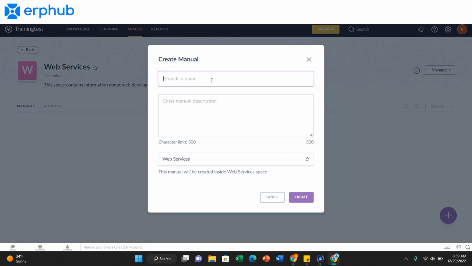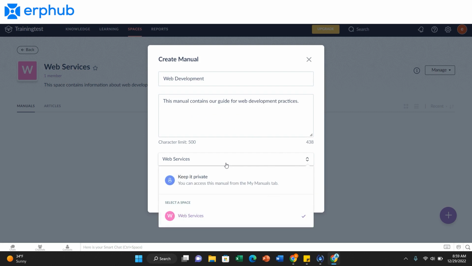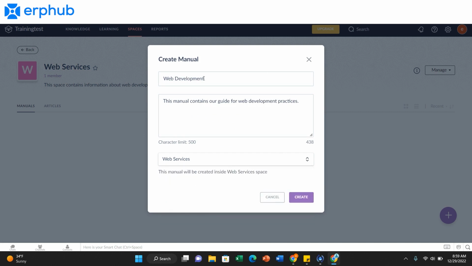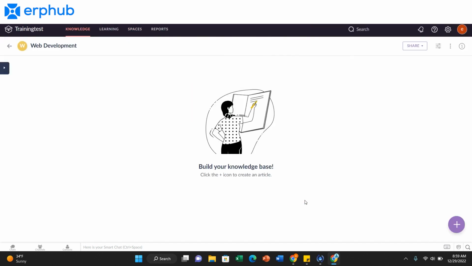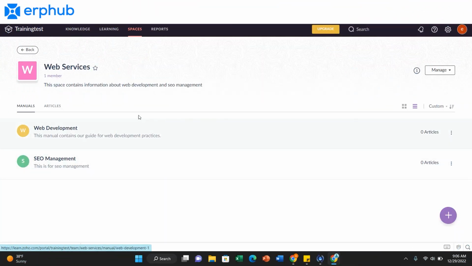Start off by giving a name for your manual, and then you can write a short description here. And lastly, we can choose if we want this to be a private manual or host it within our space. Once you're done configuring all your information, you can click on Create. So now that we've gotten our first manual created, we can repeat the same process with the other manuals you want to create. I'm going to be doing the same thing with the SEO development article, and I'll get back to you. Now that we have both of our manuals created within our web services space, we're ready to start